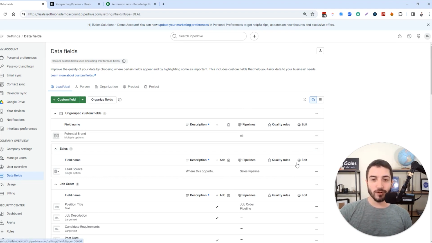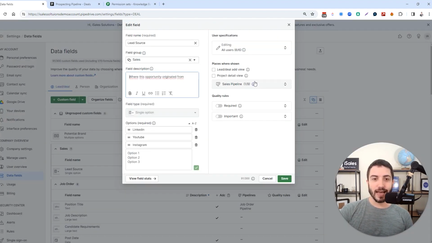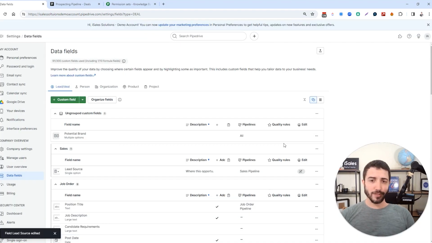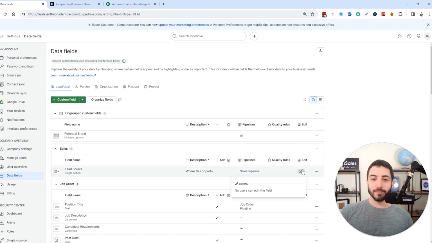If you have a field that you decide that you want to edit and you only want a certain permission set to have access to editing it, then you can unselect one of those. When you hit save, you're gonna see a pencil icon show up. In this case, I have all 6 of my users as admin users, so that's why it shows not just a pencil icon, but a pencil icon with a slash through it, which means that it's not editable by anyone. Whereas if you see a pencil icon with a number next to it, that shows that the field is editable